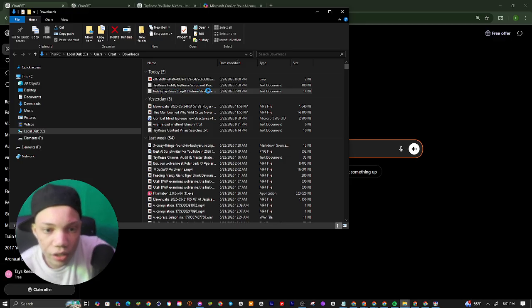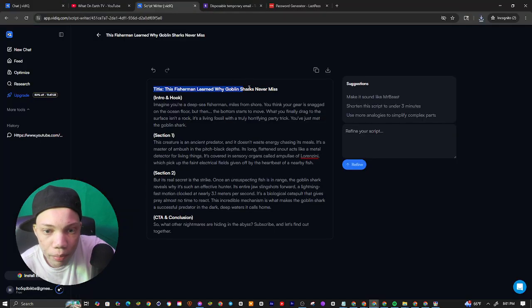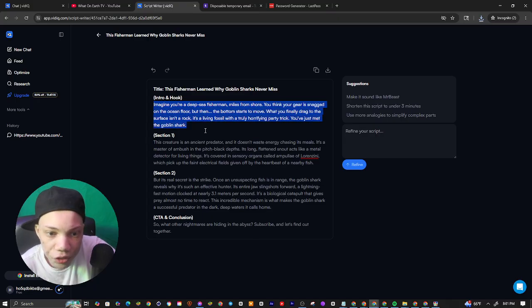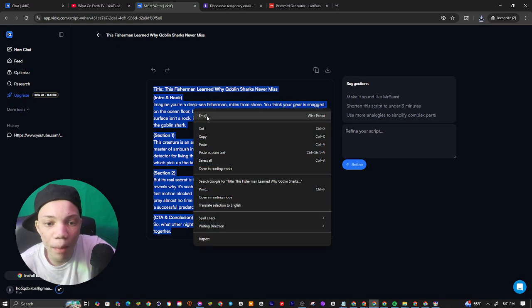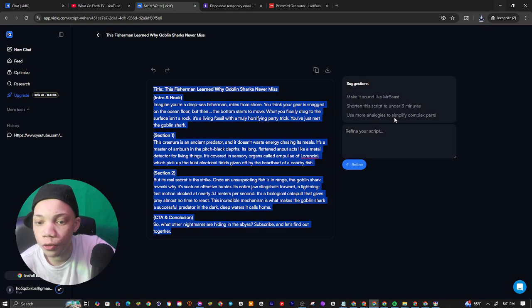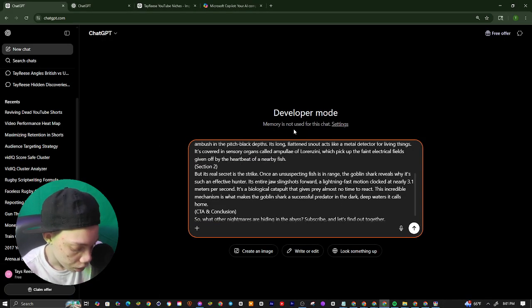So you see, it's a script, lifetime structure. You can see it says the fisherman right here, and it gives another title. It says intro hook: imagine you're a deep sea fisherman, miles from shore. You see this hook sounds really great. You see section 1, and then this right here. So what I'm gonna do is copy and paste this over to ChatGPT, and we're not gonna use it as is. What I'm gonna have ChatGPT do,